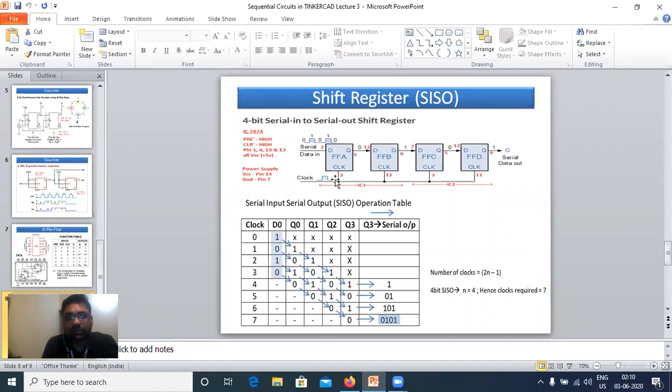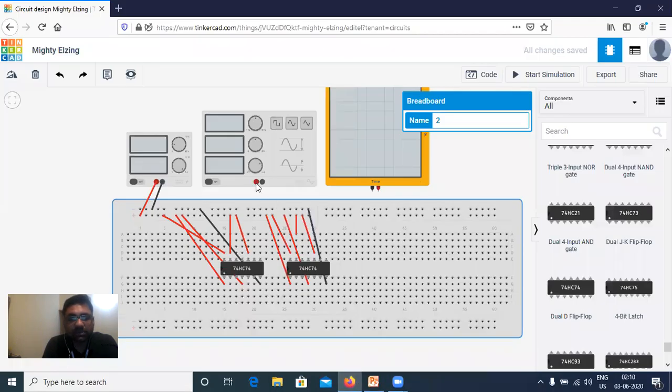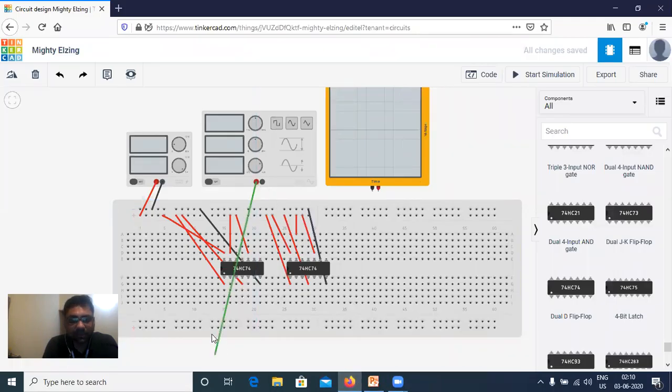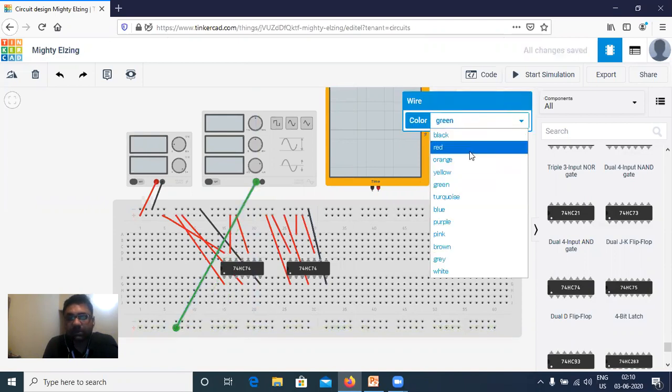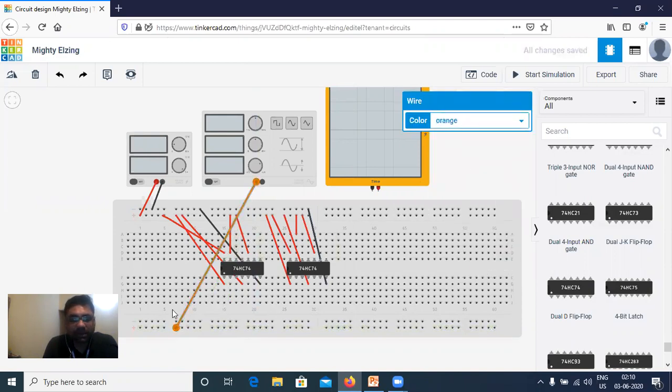Then clocks are required. So how many clocks are there? 4 clocks: pins 3 and 11 for the first IC, then for the second IC again 3 and 11. So 4 clocks are there. I will create a clock line for convenience. I will take this and connect it to the last line, and this last line will be considered my clock line. So this will be orange color. Anything connected to this horizontal line will be the clock, because I require 4 lines.